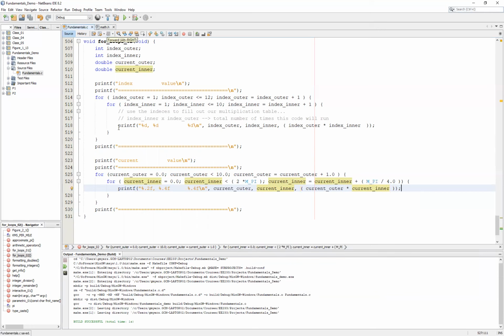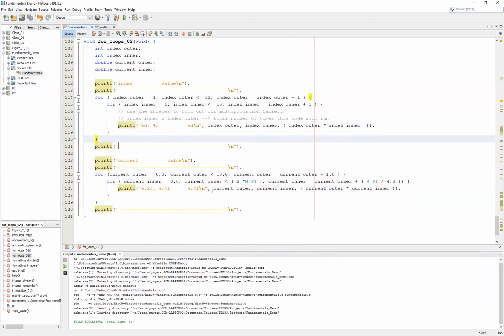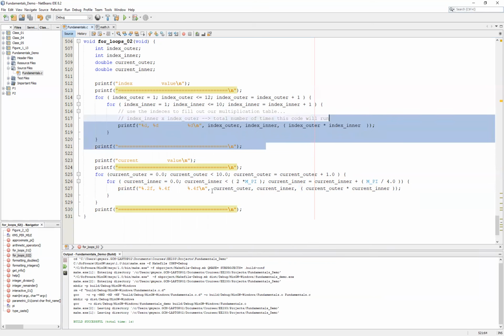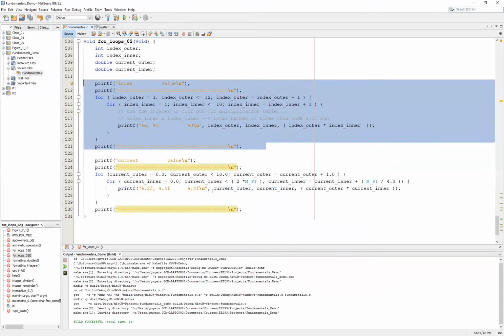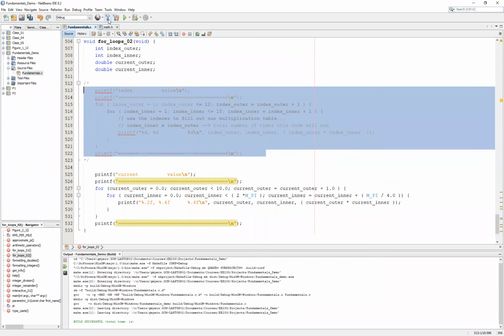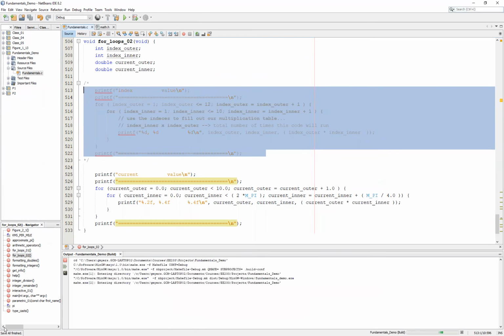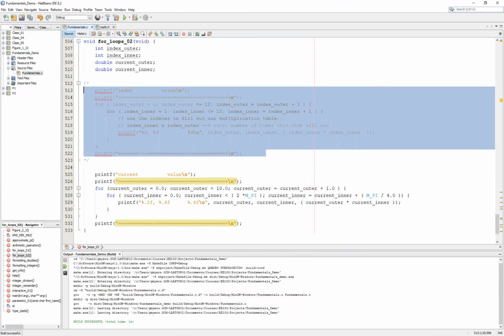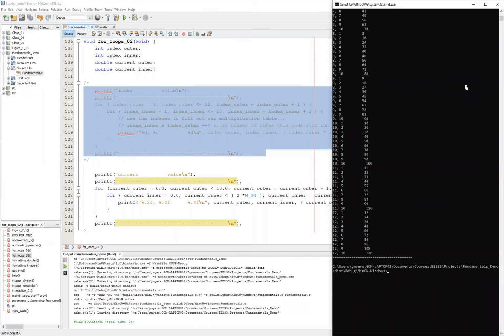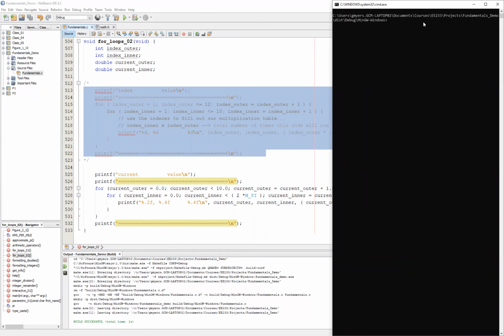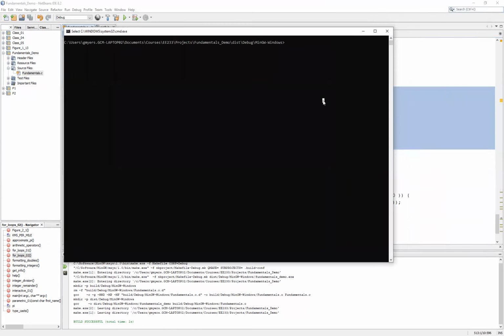And I'll tell you what we're going to do, just to minimize the amount of noise that we saw. It's up to you if you want to do this, but I'm going to go ahead and comment this out. Go ahead and build it. I'm only doing this so that we have less on the screen. Now, if I run this,